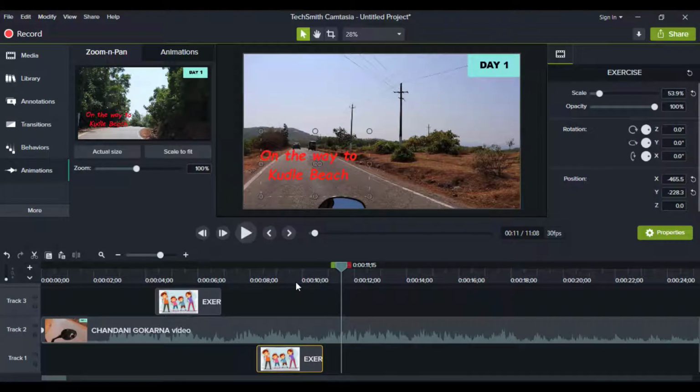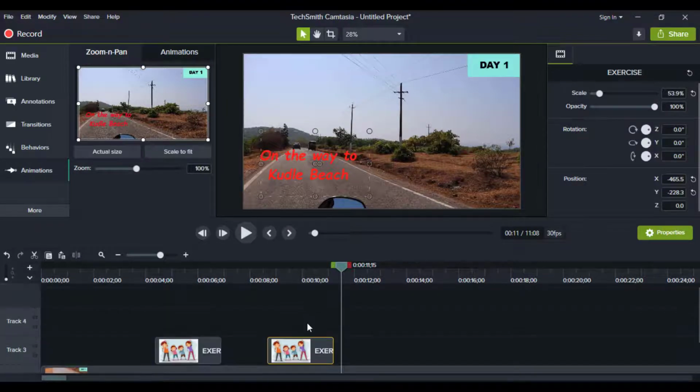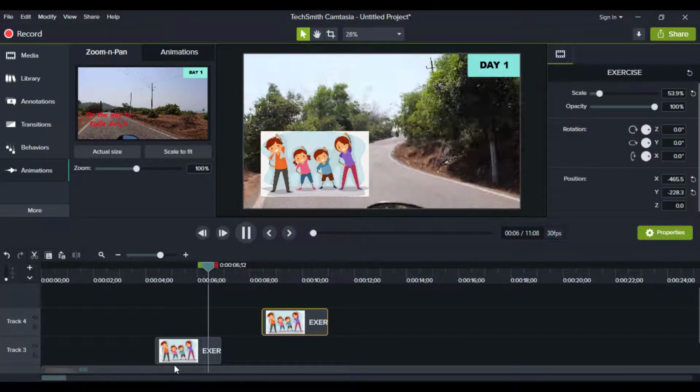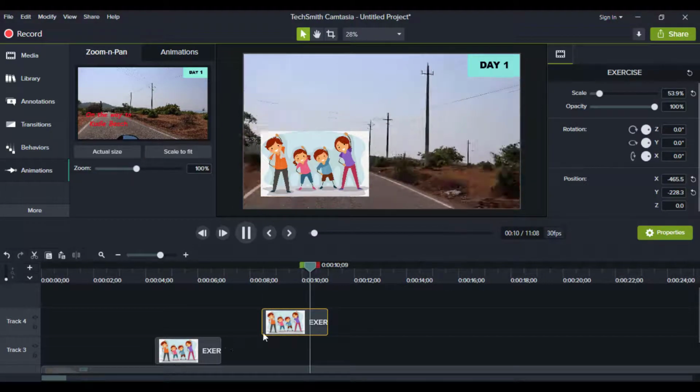So what happens? The image or the element below your video, whatever elements you are using, if they are below your video, it won't be seen in your canvas and it won't even be there in your final video. So for any element to be seen, it has to be above your video track. So you can just set it as per your requirement. Yes, this is how it is done.